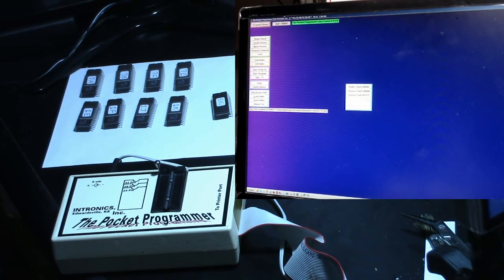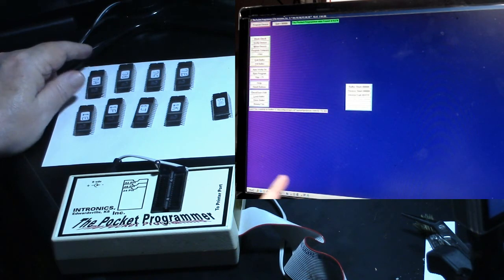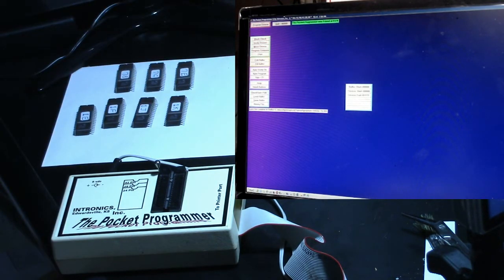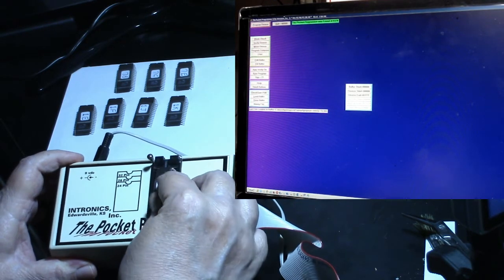All right, well, now I got my Eproms in, so we're ready to burn a new set of Eproms for the Popeye. So I've already erased all these and I put a label on them so I know which ones are which. So all we got to do is go ahead and load them up here, and we'll start with 7A. Now these are all 2764s except for the one which is 2716. I've already programmed this one, so we don't have to worry about that. We just have to program these 8 2764s. So let me go ahead and put the first one in,